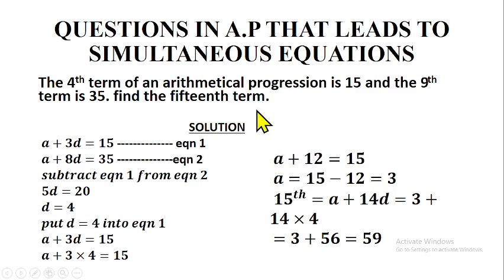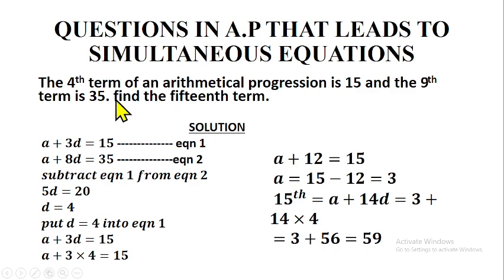So let me just test your ability. Now that we know the first term, A is 3, and we know the common difference to be 4, can you tell me the second term of the AP? That will be A plus D. So that will give us 3 plus 4, that will give us 7. The first term is 3, the next term is 7. The next one will be what? If you add 4 to 7, that will give us 11, and so on like that.